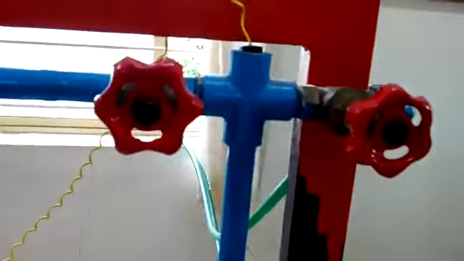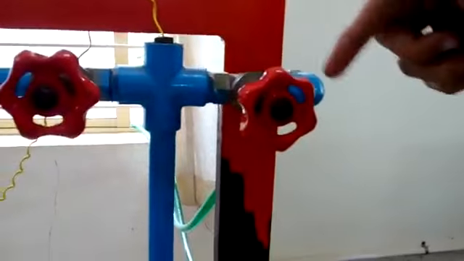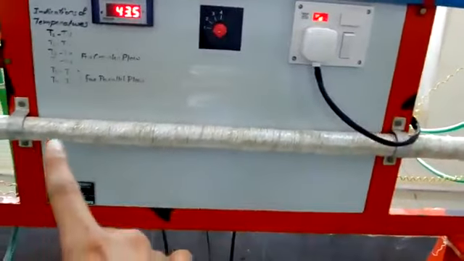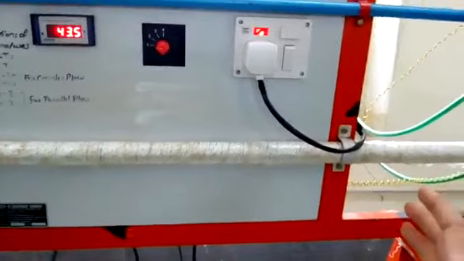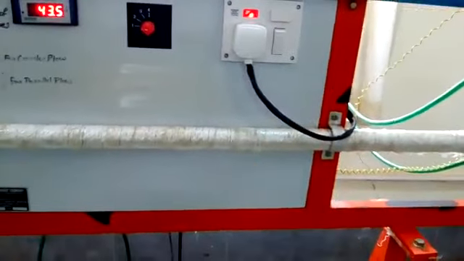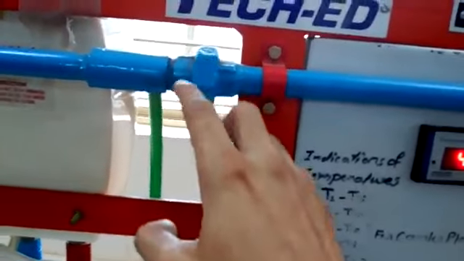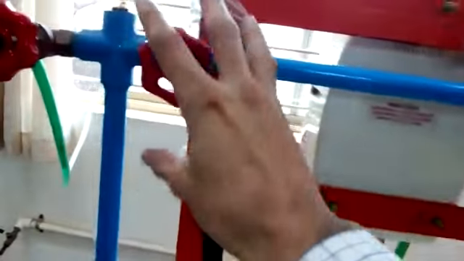When this valve is closed, the water will not enter here, it will go in this direction and leave the system. And in case of counter flow heat exchanger, hot water is flowing in this direction from left side to right side, and cold water should flow in the opposite direction to this one, in the sense the cold water entering here, we need to change the direction of the cold water. That's why at that time this valve should be closed and this should be open.